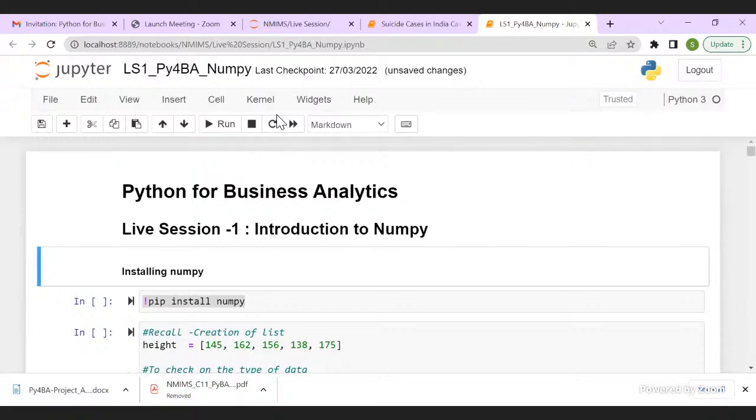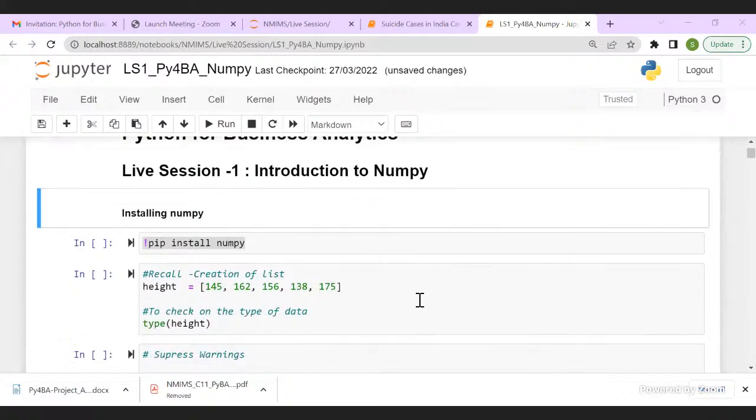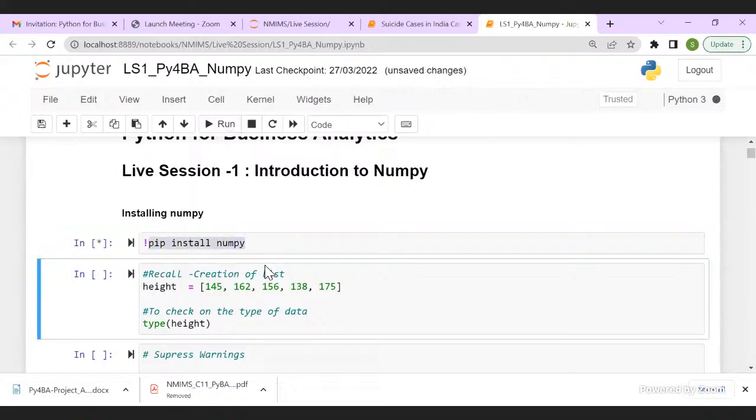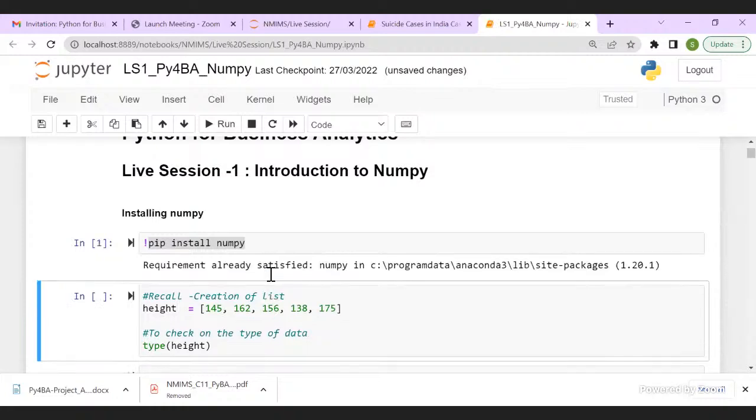The very first thing I said was, what if you don't have it in your environment? What if you don't have the visual facility, like you have in Anaconda, to install it there? You have to go back to the basics and do it in the very raw form. The command for installing NumPy in your environment is !pip install numpy. This is the command you can execute to install NumPy in case it is not in your environment.